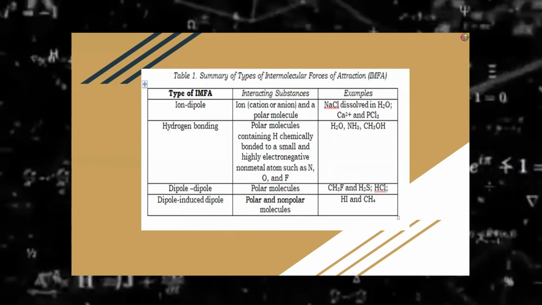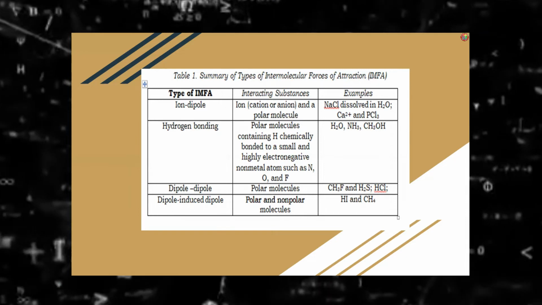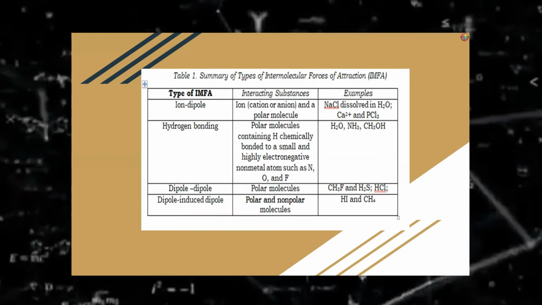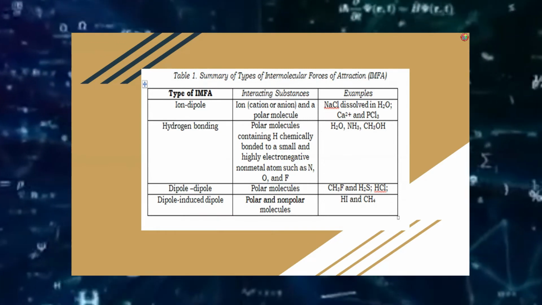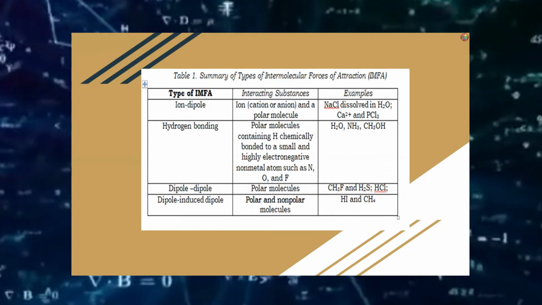So we have here the summary of types of intermolecular forces of attraction: the type of IMFA, interacting substance, and examples. For ion-dipole, the interacting substance is an ion, a cation or an anion, and a polar molecule. Examples are sodium chloride dissolved in water, calcium, and